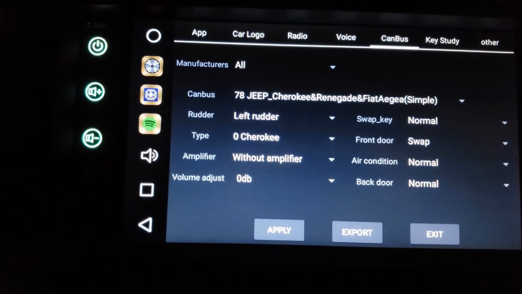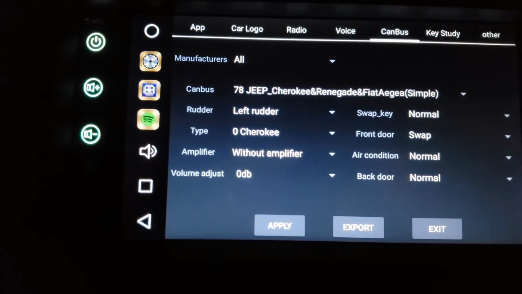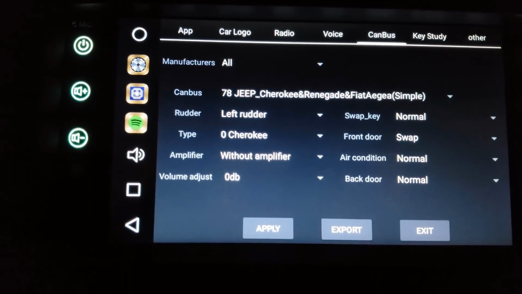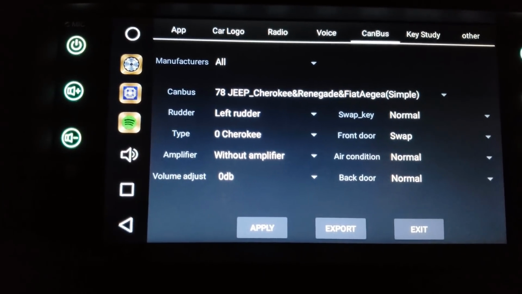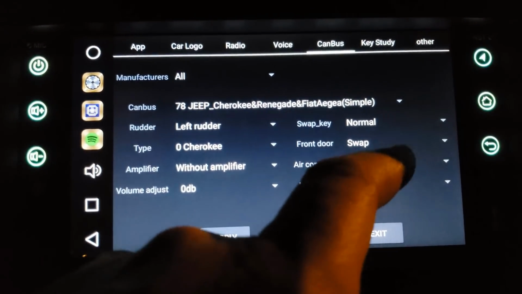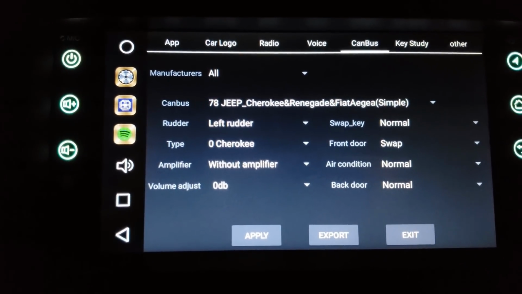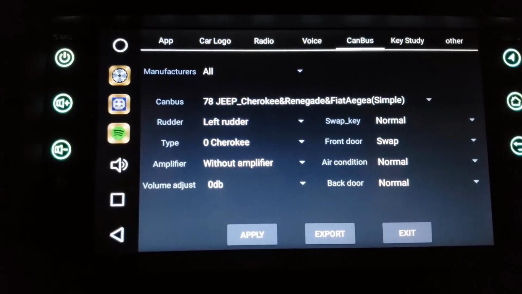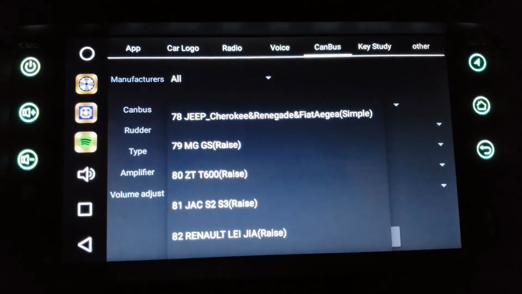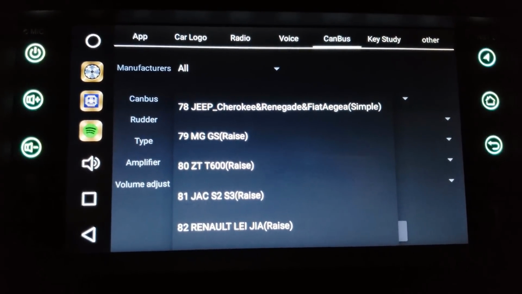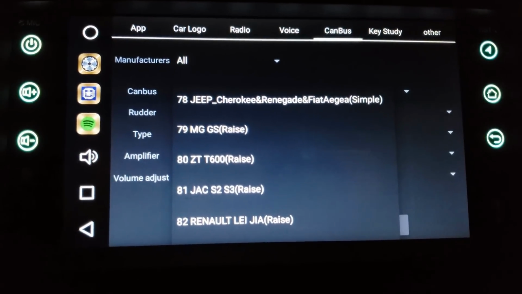CAN bus. So I changed it to this 78 Jeep Grand Cherokee. I also changed the front door swap and the back door swap, because when you open the door, it shows it sets it without an amplifier. You got a whole bunch of these different options. Simple is what would be the brand that makes, this is what I'm getting from people on XDA, that Simple is the brand that makes the,